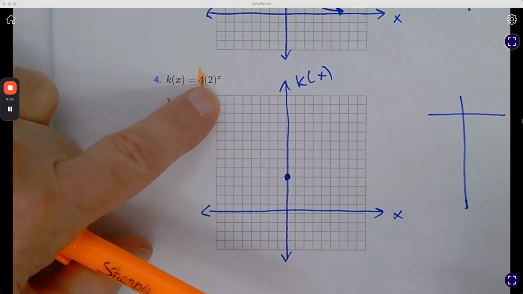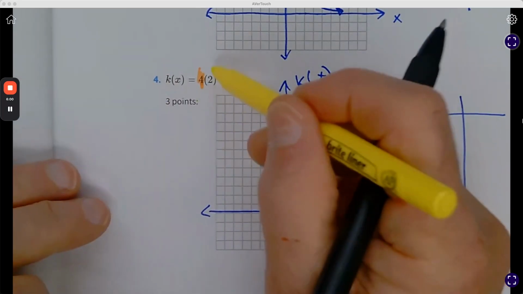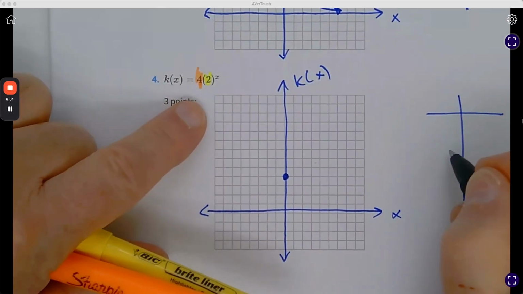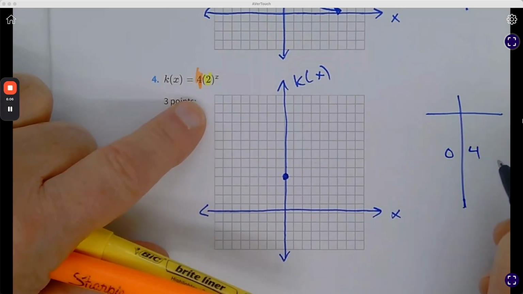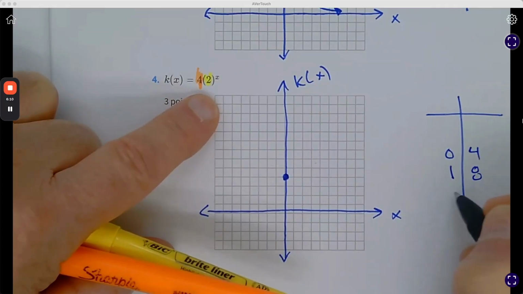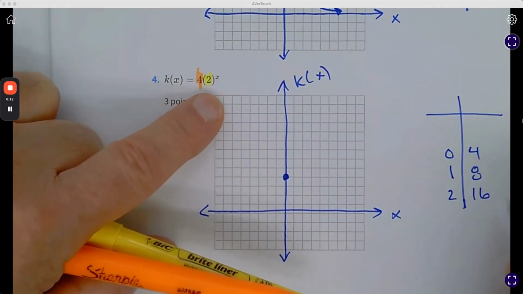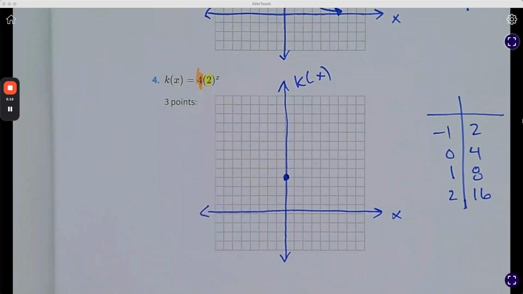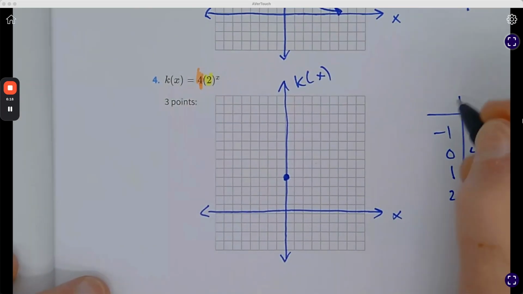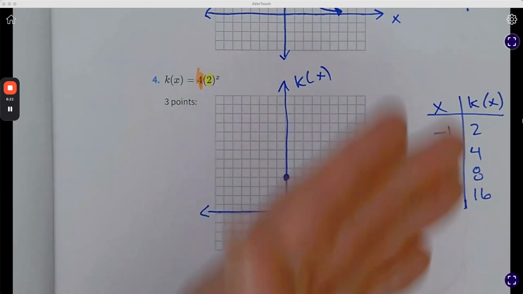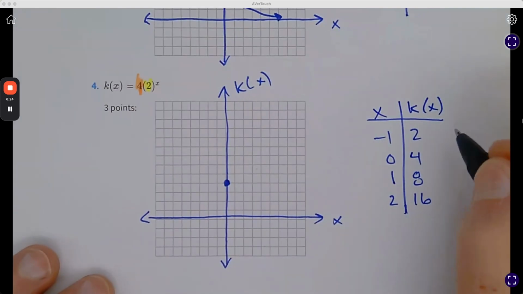That's my multiplier. So my multiplier is 2. So I know that 0, 4, 1 multiplied by 2, 2 multiplied by 2, negative 1 divide by 2. So it's nice to be able to make a table like that when you identify exponential, linear, and how the pattern works. I'm going to go ahead and do these